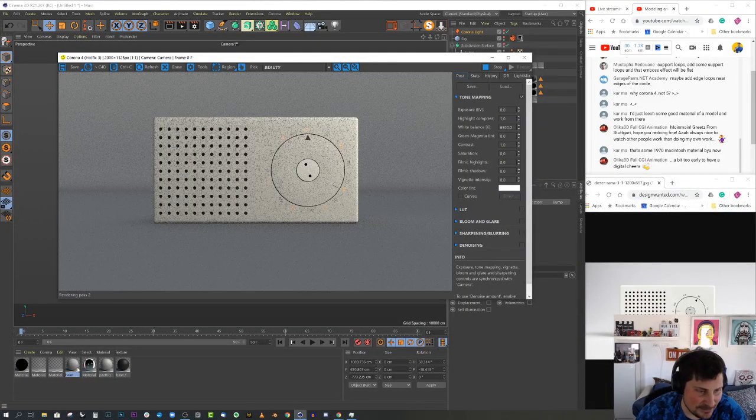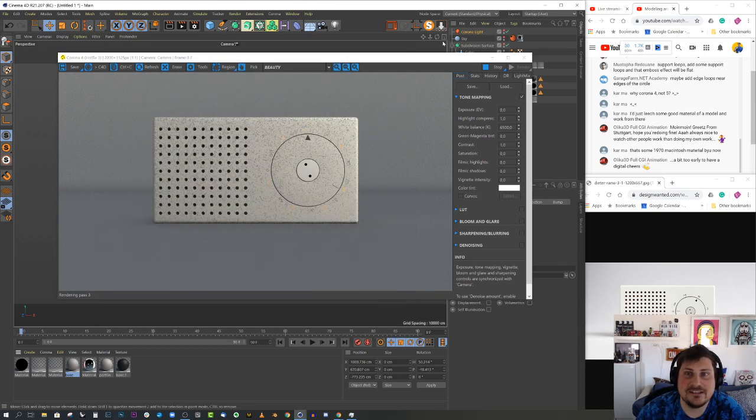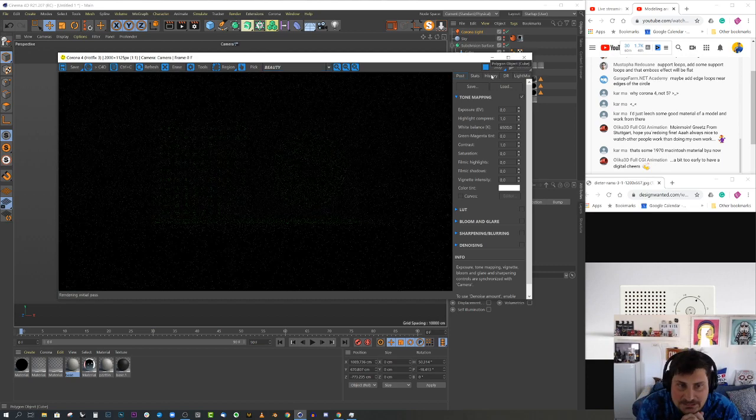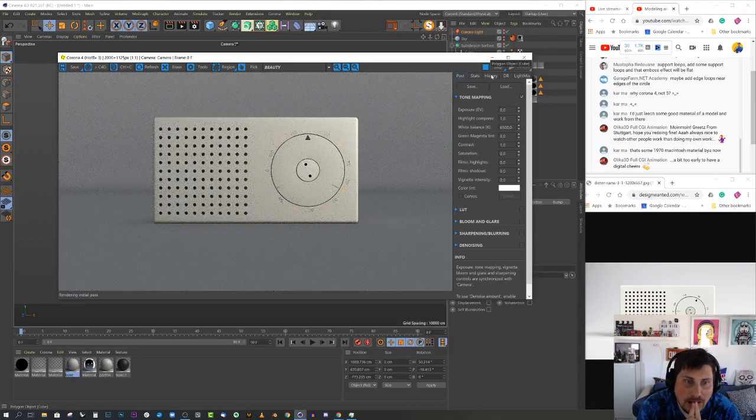What is happening here? No. Let's try by reducing this. Let's see what happens. 2%. It gives a little bit of a variation to the texture. It's still too big, I think, so maybe what we need to do,